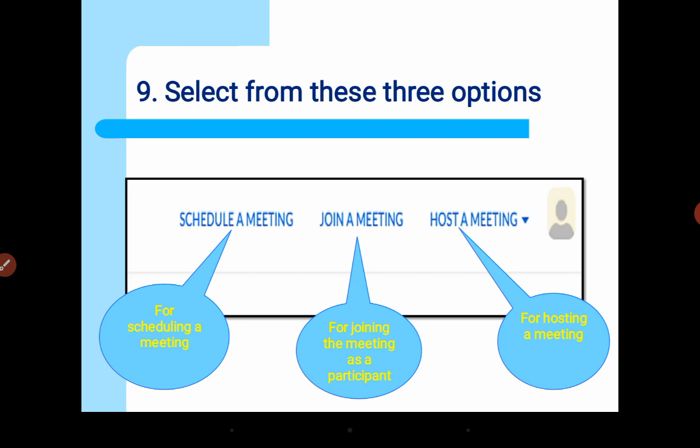For example, if today is Saturday and I am scheduling a meeting for Wednesday, I will just create the invitation today, and it will be sent to the participants. There is an option that will give you a reminder just before the meeting also, and then the meeting will be scheduled. At that time you just need to log in and host the meeting. You don't need to set all the details and all the formalities for the meeting, because it has already been scheduled. You will just need to go online and then host a meeting.